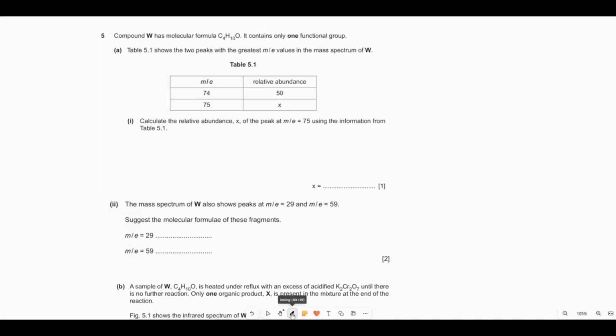Now let's look at this question. This is a question that comes from the 2024 exam, the May-June 2024 exam. I'll put it right here, May-June 2024, and this was paper 21. So this is from the May-June exam for AICE chemistry, and we're going to do this question because it